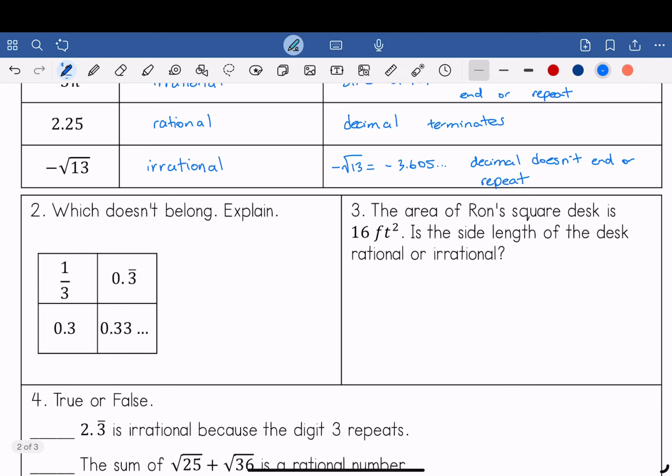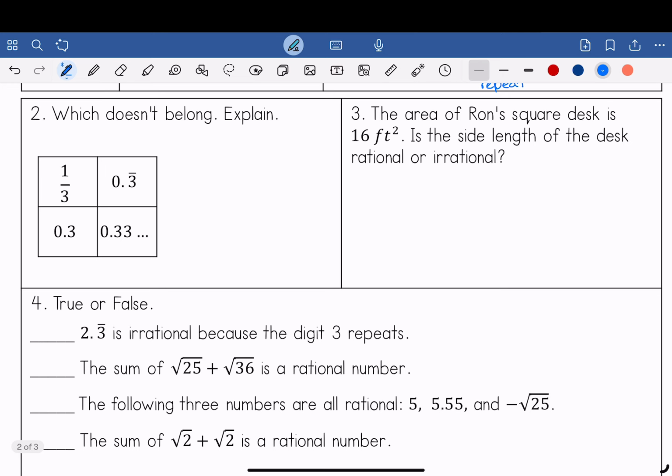And that is it for the actual lesson, how to identify one or the other. And here are just some questions that you can answer to get better and stronger at it. So question number 2, which doesn't belong? And explain. All these numbers are representations of rational numbers except for one, which is 0.33... So 0.33 doesn't belong because it's the only irrational number, a decimal that does not terminate or repeat. Even though it looks like it does repeat because it's 3,